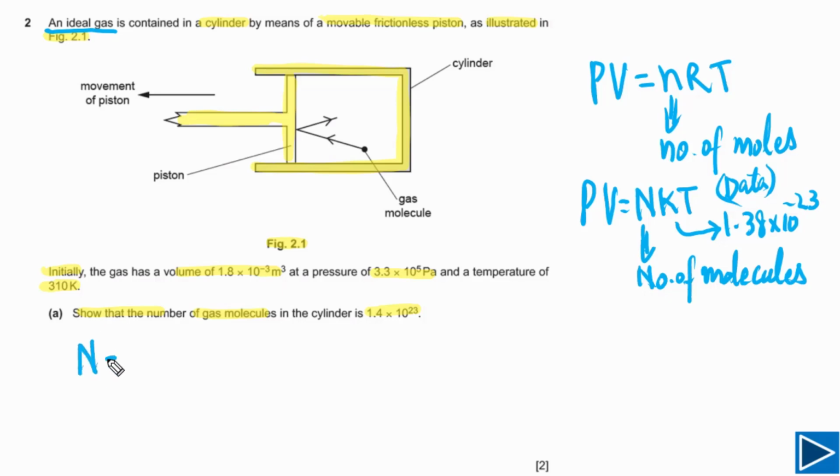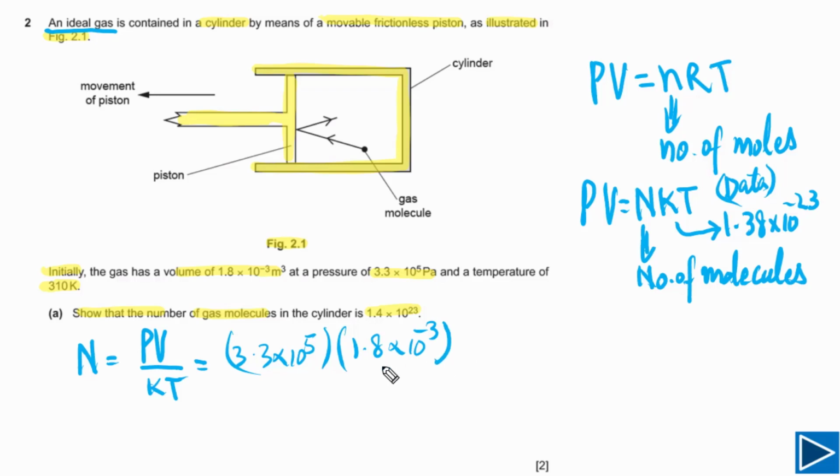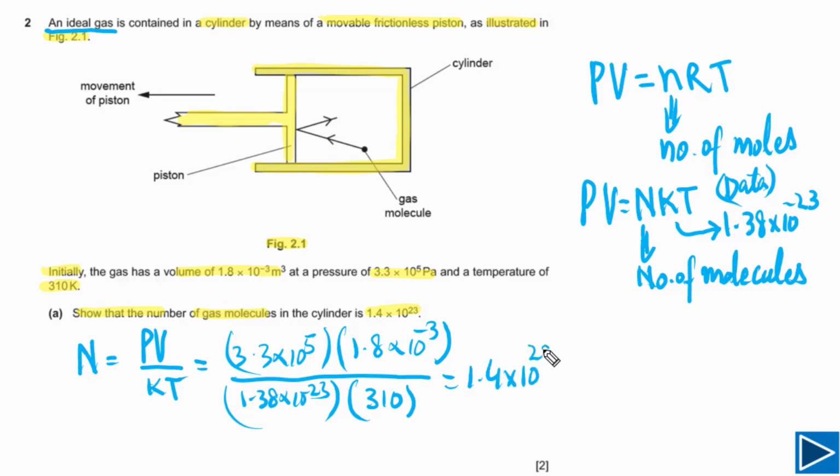Simply you can write N is equal to PV divided by kT. The value of P is given, and this is 3.3 times 10 to 5 Pascal, and the volume is given, that is 1.8 times 10 to -3 meter cube, and k is a constant. This is the Boltzmann constant. We can write its value, and the temperature is given. This is in Kelvin. It has to be in Kelvin. So if temperature is given in degrees Celsius, you need to convert into Kelvin. If we solve this one, our final answer will be 1.4 times 10 to 23, and this is the number